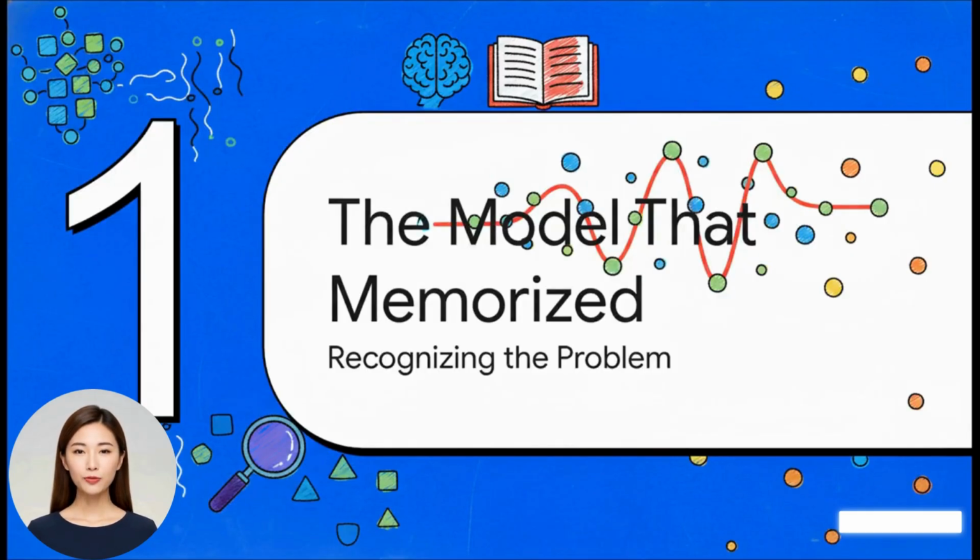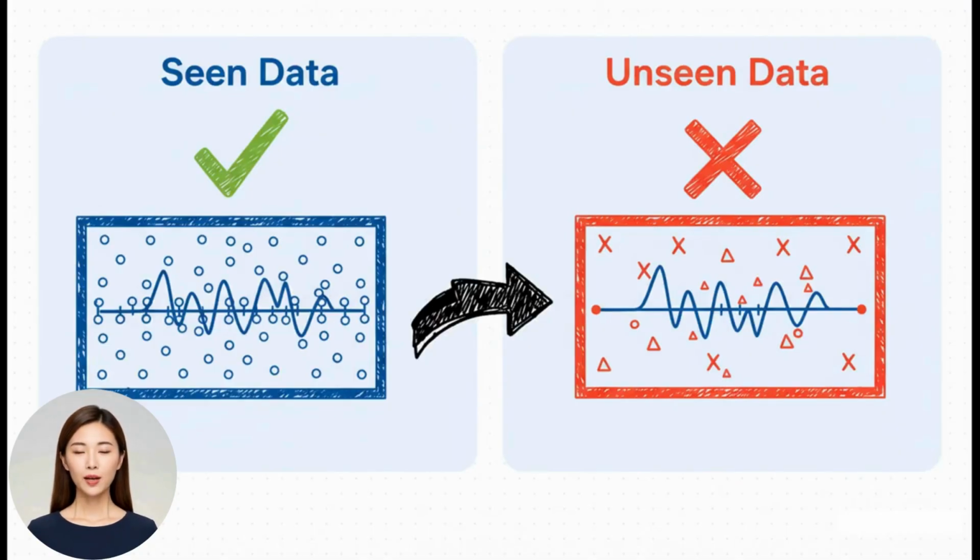Okay, let's start with the symptoms. You've trained your model, you're looking at the performance metrics, and they look fantastic. You're thinking, yes, I've nailed it. But so often, lurking just beneath the surface is a model that hasn't learned a thing. It's just memorized every single training example, warts and all, including all the random noise. And this right here is the classic sign of trouble. On the data it's already seen, the training set, the model is nearly perfect. But the moment you introduce it to new, fresh data it's never seen before, its performance just falls off a cliff. This massive gap is the absolute signature of overfitting.